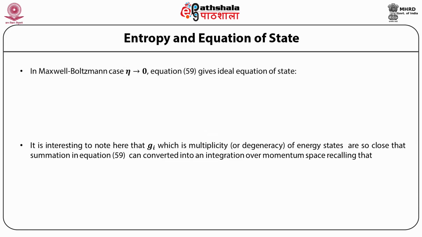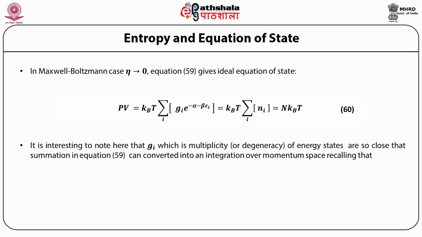In the Maxwell-Boltzmann case, η approaches 0. Equation 59 gives the ideal equation of state, that is PV is equal to kBT summation over i of gi e^(−α−βεi), which is equal to kBT summation over i of ni, which is equal to n kBT. It is interesting to note here that gi, which is the multiplicity or degeneracy of energy states, are